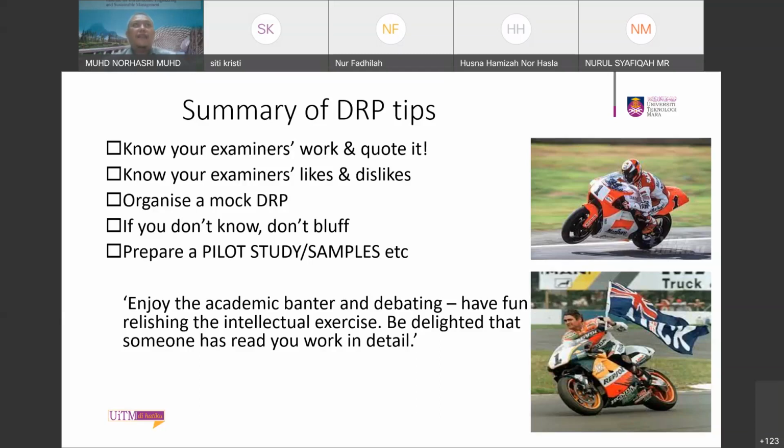Okay, be careful on that, because if you have pilot data, it shows that you already know a part of your PhD or master's objective. That's why, just sharing, my previous DRP students last semester, Alhamdulillah, they finished their objective 1, objective 2, and objective 3 during the DRP session. Okay, so credit to them.